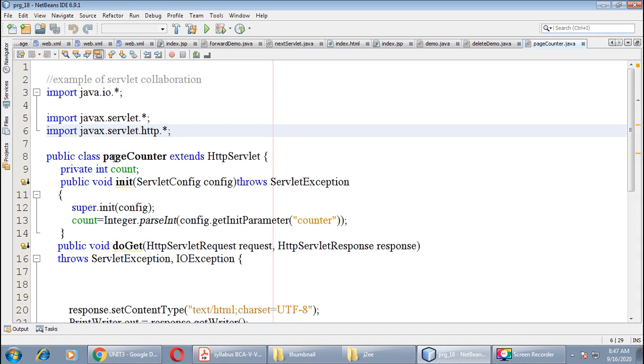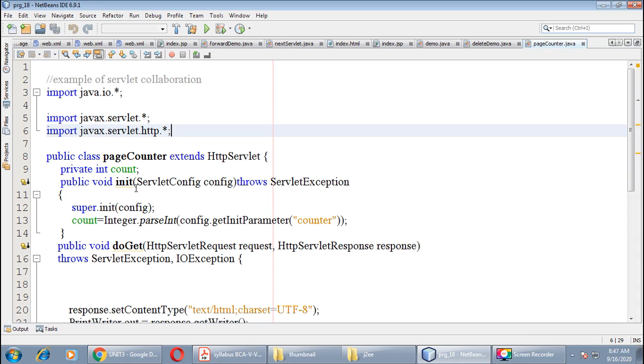Here, I took one method, the init method. As I explained in the servlet life cycle, whenever a servlet starts execution, it begins from the init method. In the whole life cycle of a servlet, the init method executes only one time.